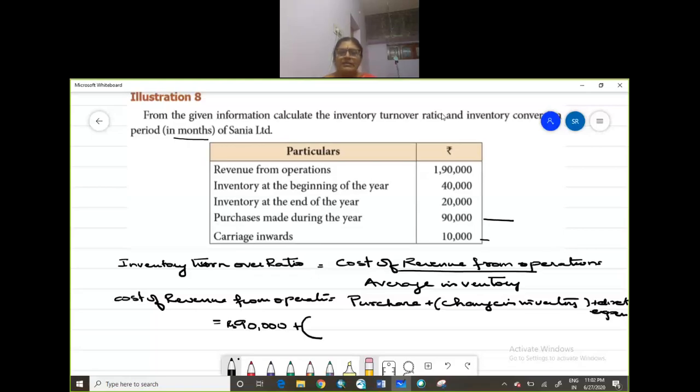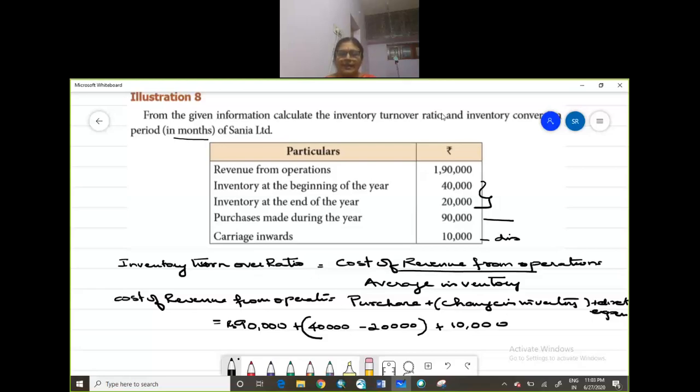Change in inventory is opening minus closing, so opening is 40,000 minus 20,000, and then plus direct expenses. Carriage inwards is your direct expense, so plus carriage inwards, that is 10,000,